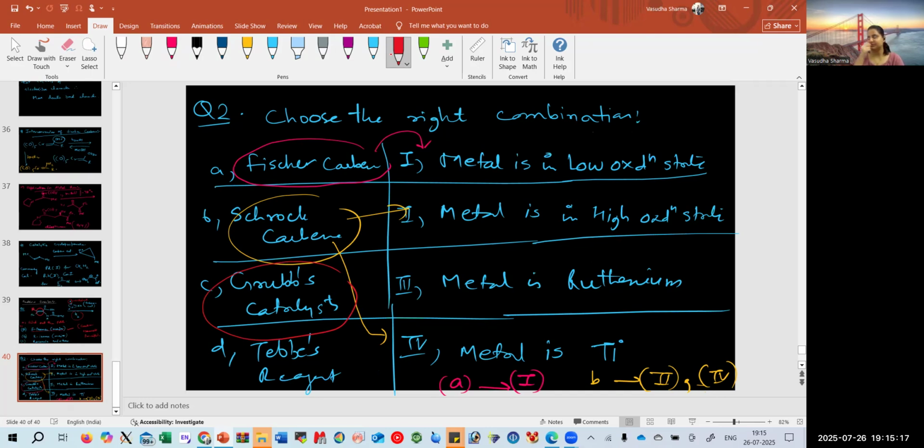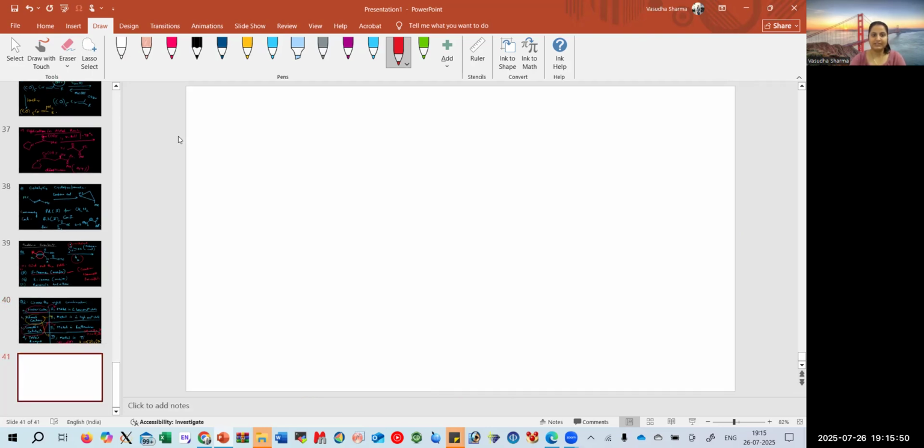Generally, it is only having +2, +4 oxidation state. So it can be in a combination of higher oxidation, C, giving a combination of 2, and the metal is generally ruthenium. And Tebbe's reagent, D, is having a combination of 2 and 4. So it is titanium and metal is in higher oxidation states. These kinds of combinations can come in the exam also. Followed by that,